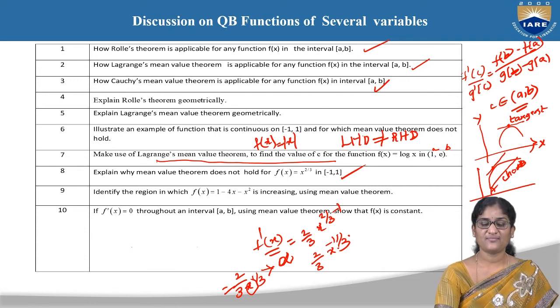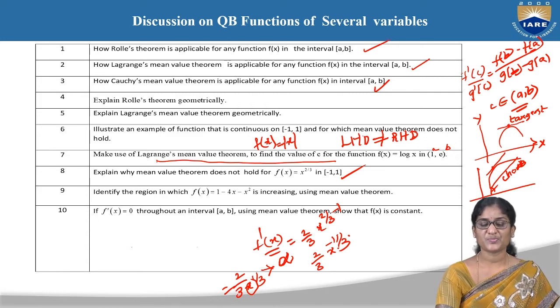So therefore, the function is not differentiable. We all know that at a point where the derivative of the function goes to infinity, it is not differentiable. Therefore, the mean value theorem does not hold. Going to the ninth one, identify the region in which 1 minus 4x minus x square is increasing and decreasing